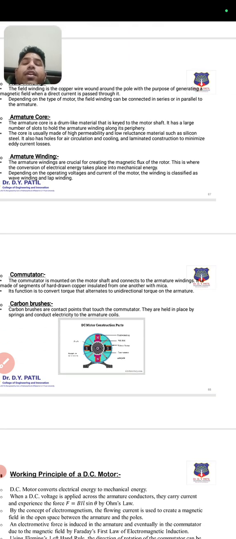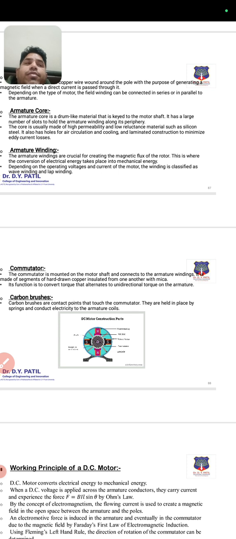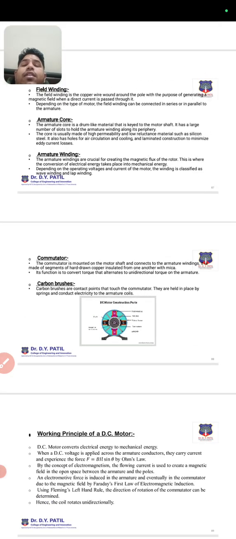Then it will reach the commutator, and that commutator is nothing but, as per Faraday's first law, when any conductor is placed in the magnetic field, it collects and induces EMF, generated inside with the same concept. The commutator collects the current and then induced EMF is generated, and then